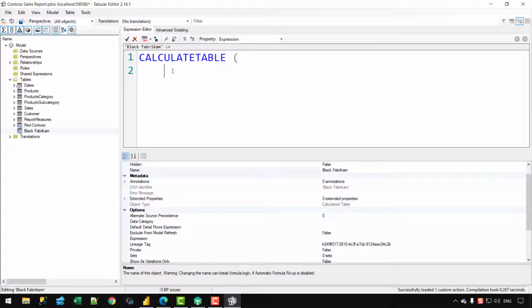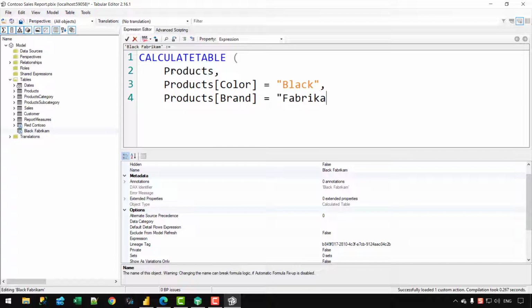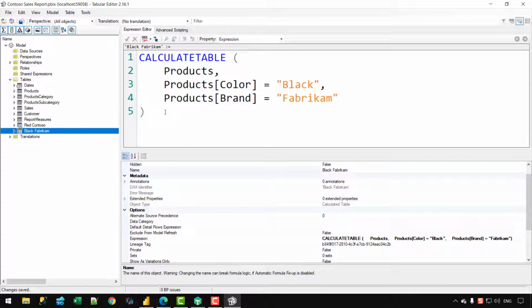CALCULATETABLE Products, Color should be equal to blue. No, it should be black, and the product brand should be Fabrikam. Let's close the calculated table and commit the changes by pressing Ctrl+S.